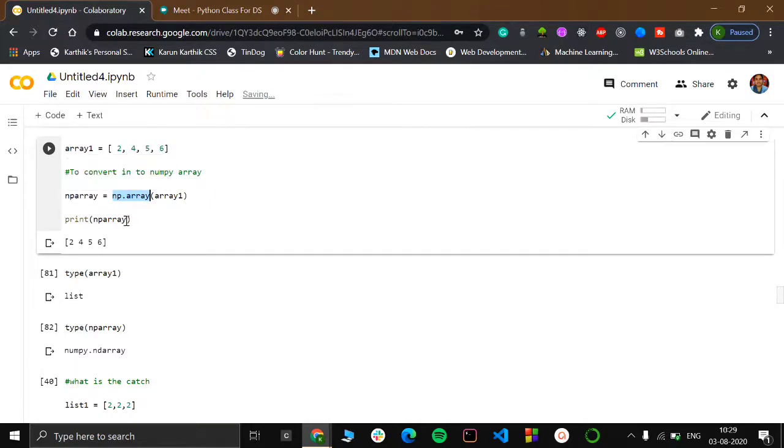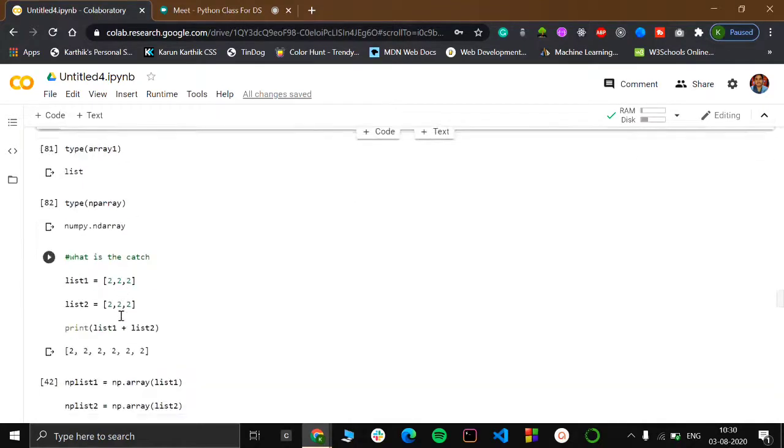Okay, so now if you try to print it, it will print eventually the same thing, but here it is a list, and what is printing in this print function will be an array. It is a NumPy array. That is the numpy dot n-dimensional array. So that is what it means.